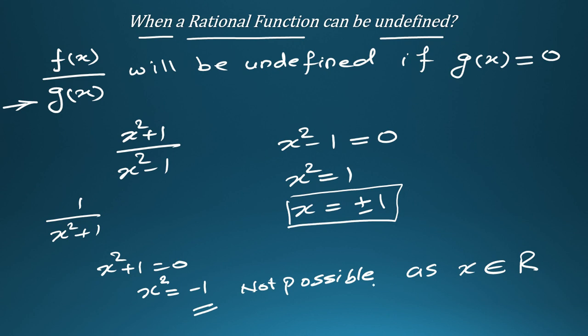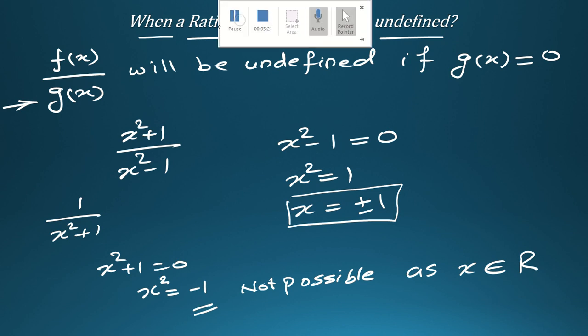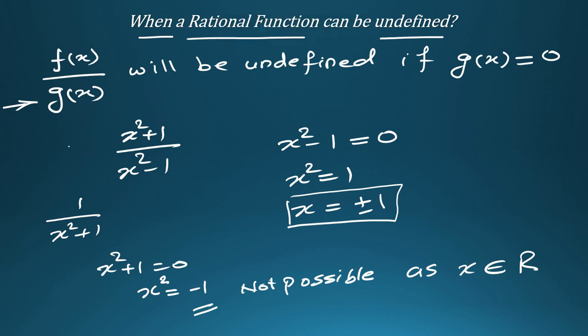So any real number squared will always be positive. It cannot be negative. Okay. So like this you can solve the questions, that when the function will be undefined, when the denominator will be equal to